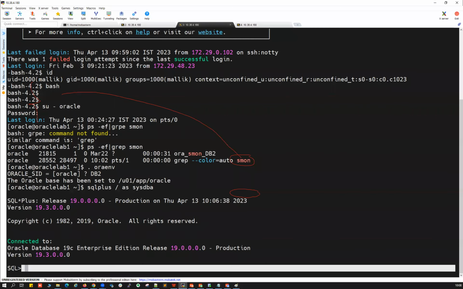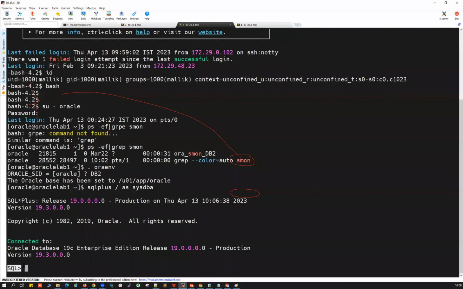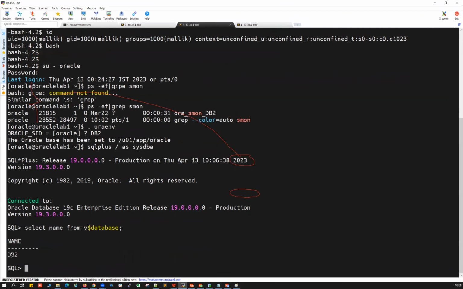They just need to connect to this SQL command line. That is your database. Like, if I do select name from v$database, right? So this is a DB2 database. They just need this SQL command prompt connection. They don't need OS level. They don't need to log into the OS because they're not managing any admin activities. They are accessing the database and the tables inside it.